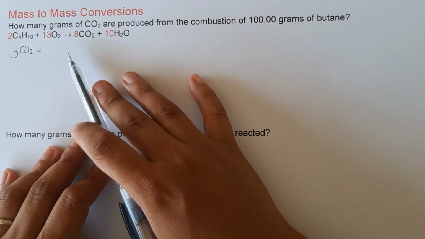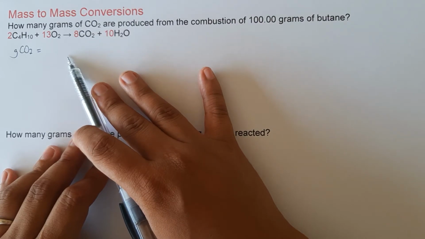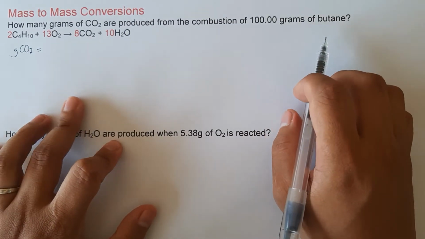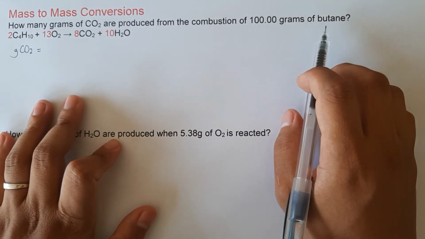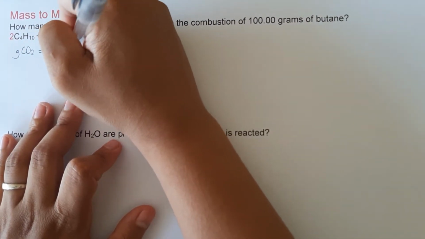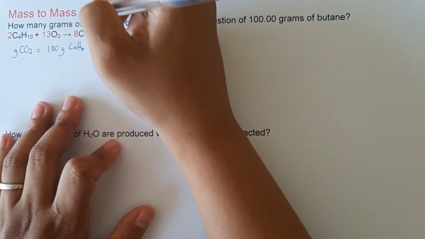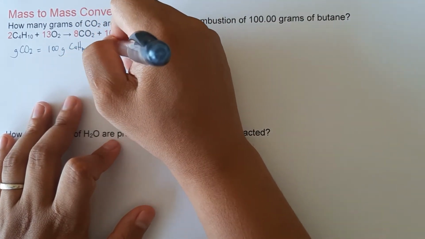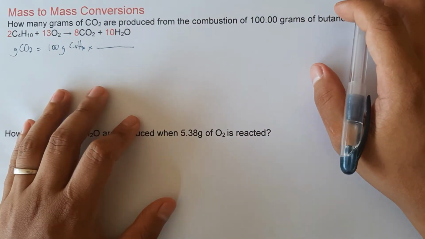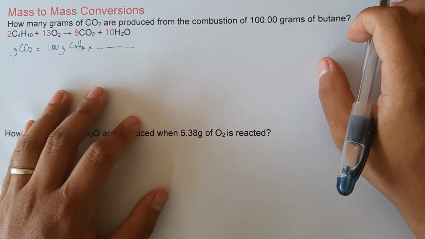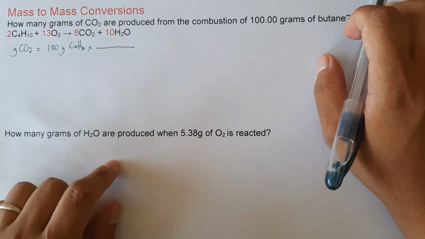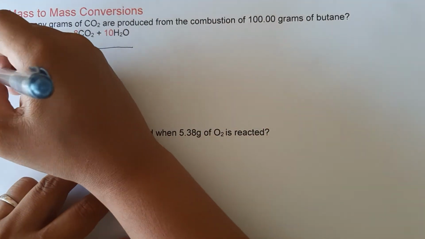So, for this part, I am going to write the given. Our given here is 100 grams of butane or 100 grams C4H10. So, that's 100 grams of C4H10 times. Okay. So, dito, the first thing to do is we need to solve for the molar mass of C4H10. And the molar mass of C4H10 is, so I will write here the solution,